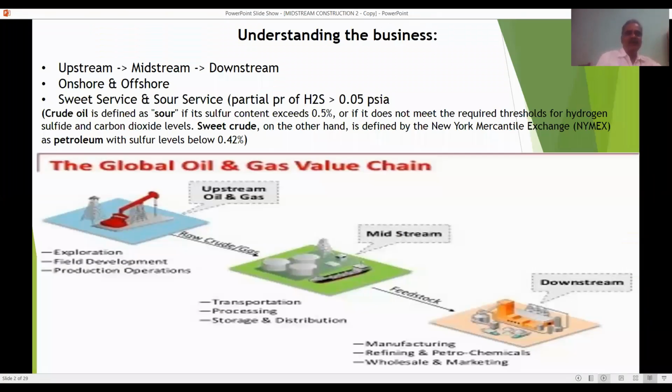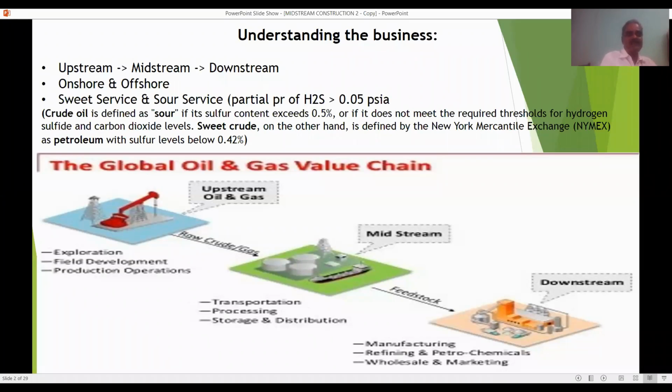Now, understanding the business: upstream, midstream and downstream. See this figure that I am showing here. I am trying to explain midstream. Midstream has a vital role between upstream and downstream. It remains the same in onshore and offshore also. Here, from the business point of view,